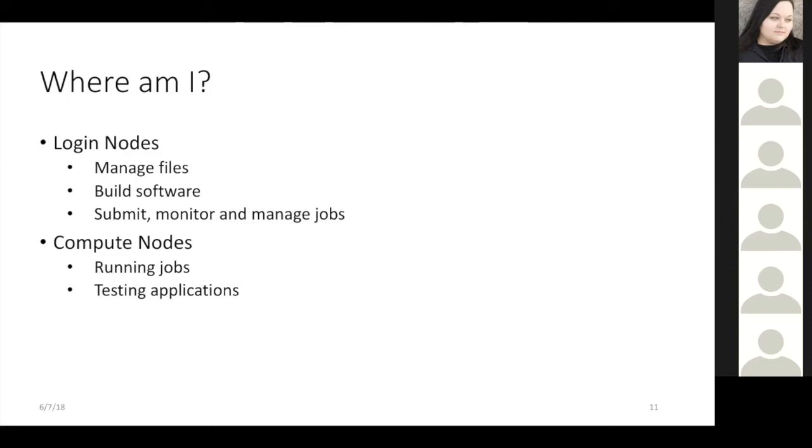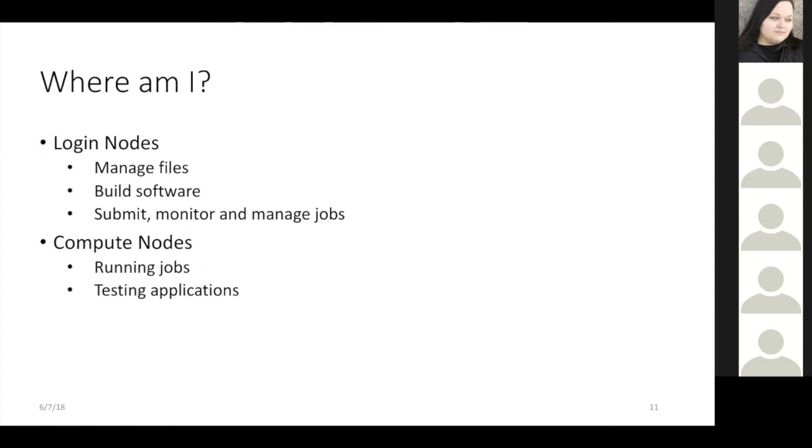The compute nodes, on the other hand, are for actively running your code. So you can run jobs, which you can submit remotely, or you can test your applications through interactive sessions. Because we allow interactive access to the compute nodes, you can visually interact with any of the jobs that you are working on. So you can see how things are functioning in real time, and this makes code development easier, and also sort of allows you to debug on the fly.